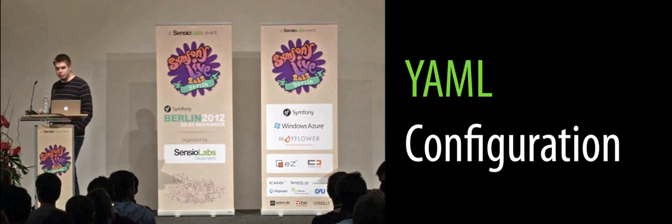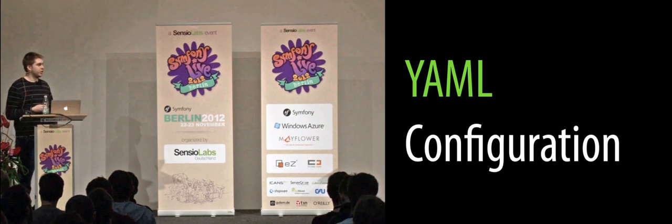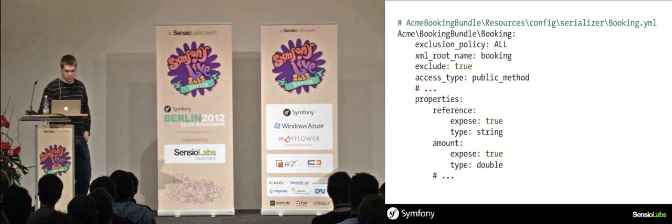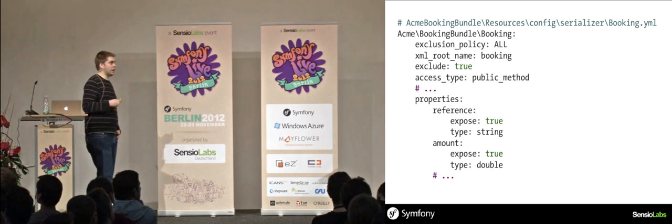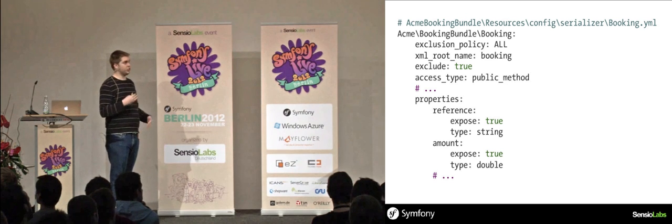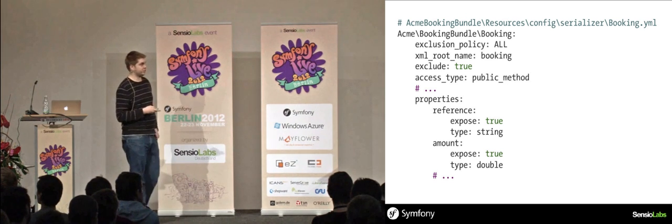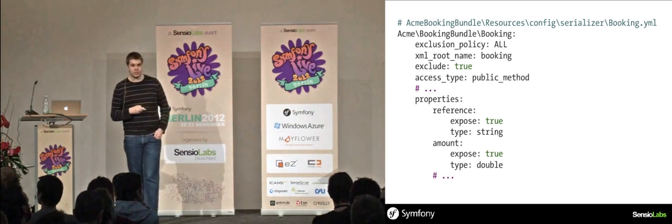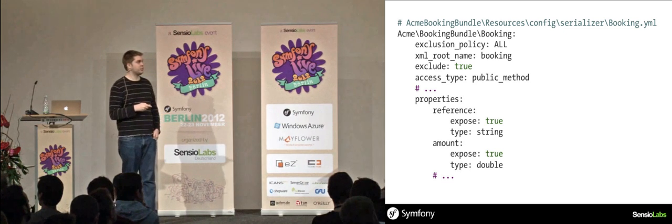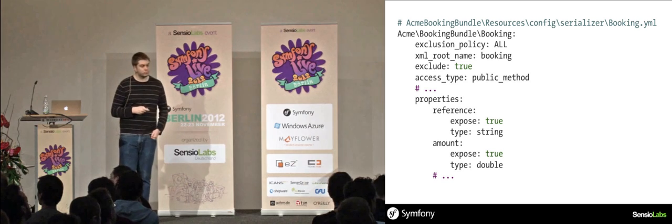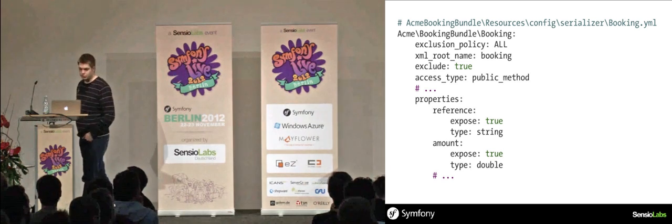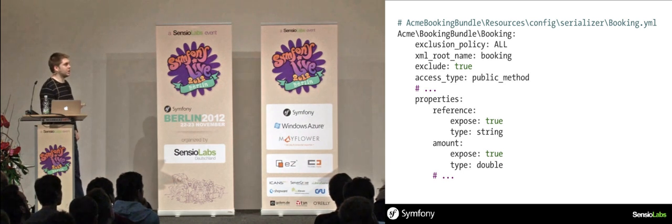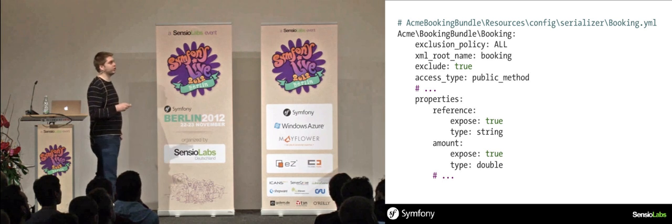So as I said, you can configure your serialization process using YAML. So you have lots of settings you can change. This is just a bunch of them. If you want to ask the serializer to serialize a specific type of PHP object, in your bundle, let's say Acme booking bundle, you create in the resources config directory a serializer subdirectory in which you specify your YAML file, so for example booking.yaml, and then in this file I will say that this class Acme booking bundle booking,